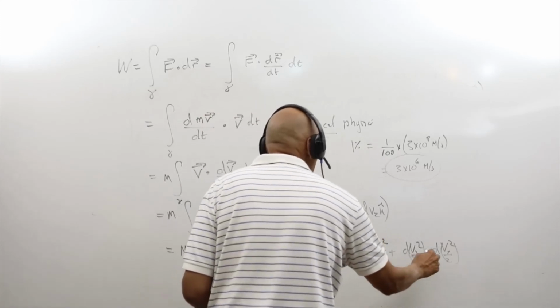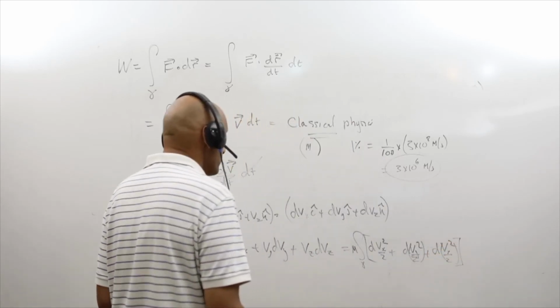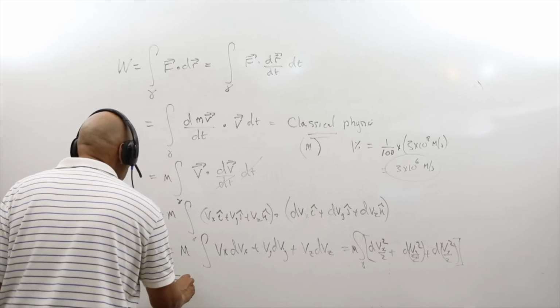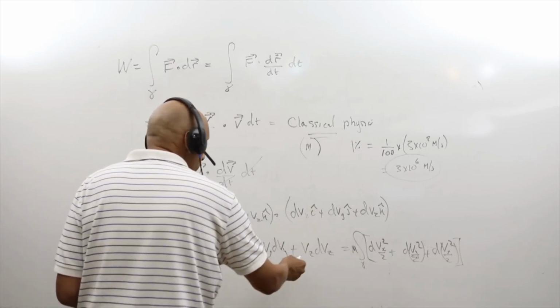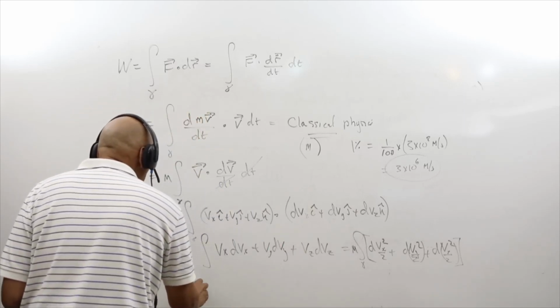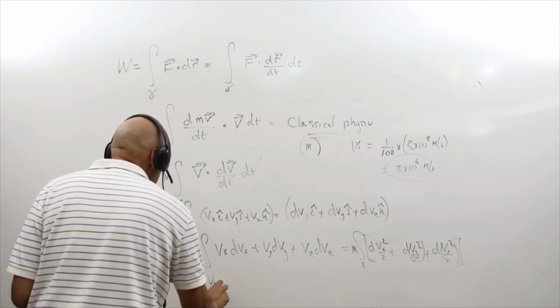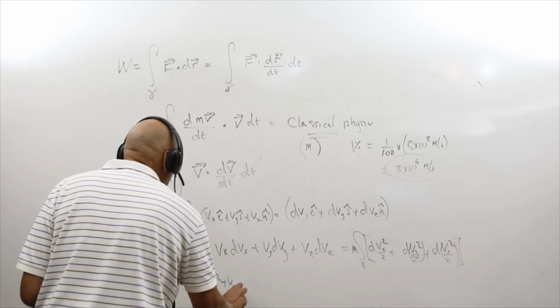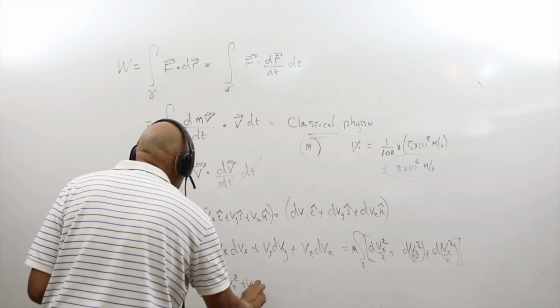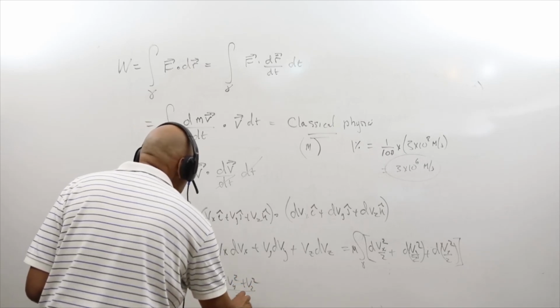So the whole thing is being integrated. And we can solve this and say this is really the mass times the difference in the endpoints of vx squared plus vy squared plus vz squared all over 2